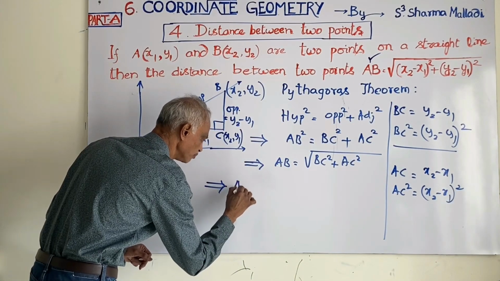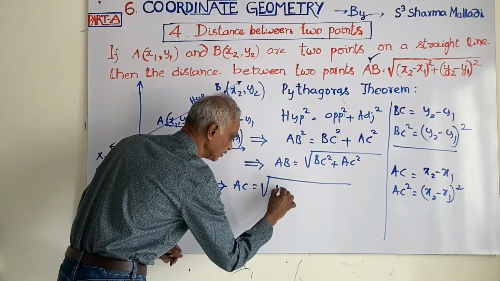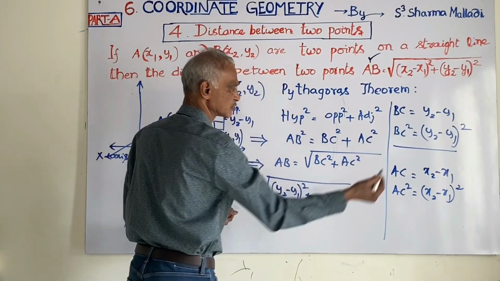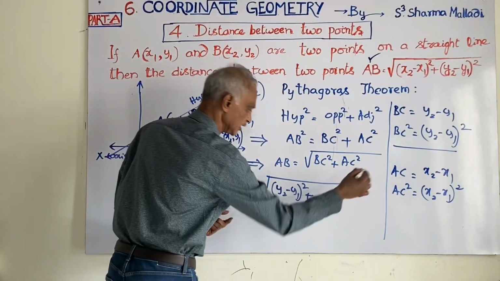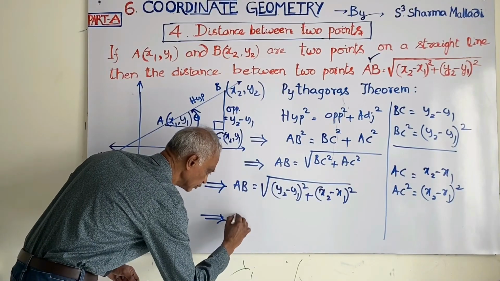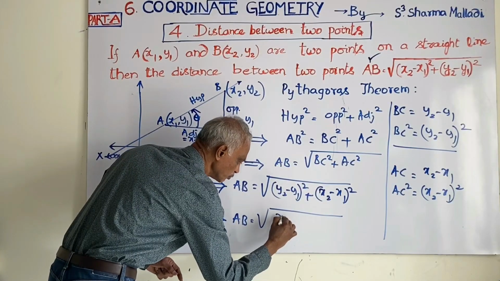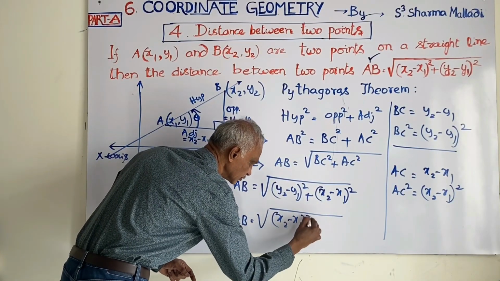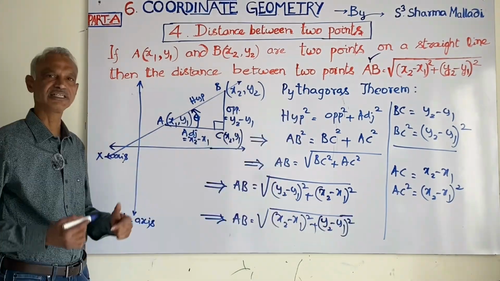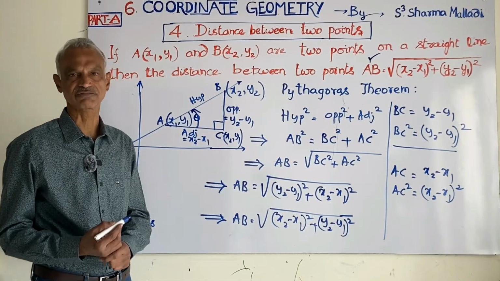Now, AB is equal to the square root of, what is BC? (y2 minus y1) whole square plus, what is AC? AC is x2 minus x1. AC square is (x2 minus x1) whole square. Now AB is equal to the square root of (x2 minus x1) whole square plus (y2 minus y1) whole square. The distance between 2 points, that is AB, will be the square root of (x2 minus x1) whole square plus (y2